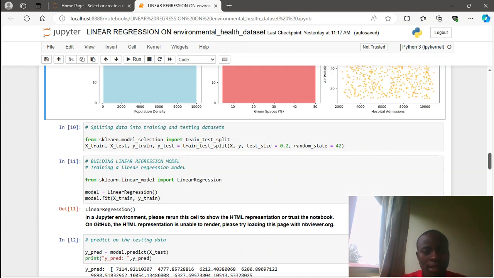So I had to split my data into training and testing. So I had to use the module called scikit-learn model selection, import the library code train test split. So I had to split the dataset into train and test. So that is X train, X test, y train, y test is equal to the library code train test split. What am I splitting? X and y. Test size is 0.2, meaning 20%. Then the 80% will be for training. Then random state, that is the number of iterations on how the model is going to select the variables